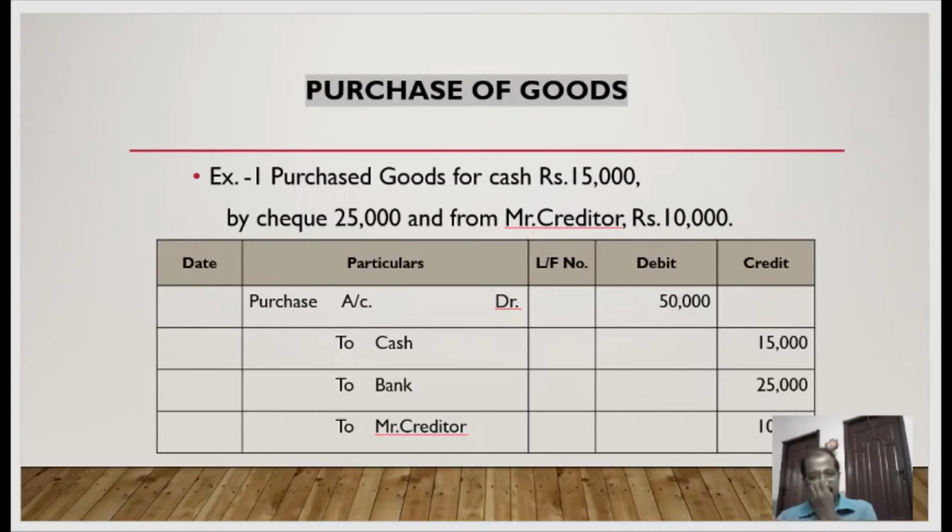So all that you need to understand, my dear, is purchase, debit all expenses and losses. You are spending for purchasing saleable items of stock goods, 50,000. This is a single debit. Against this, there are three different modes of payment, so three different credit items. You need to remember for each and every credit, the rule is applied. Here, cash. Credit what goes out? For the cash purchase, 15,000 rupees cash had gone out. So 15,000 credit. By way of giving check, bank account is credited 25,000. Credit the giver. And the last one, credit purchases you had made, credit the giver.